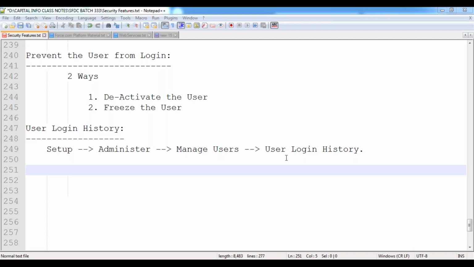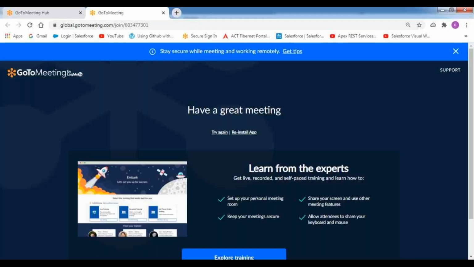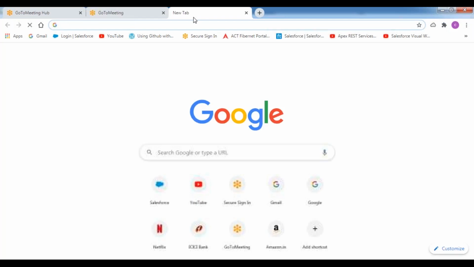Now, in this case, I would like to track this user's login history. Now let's see how we can verify this one. Let me log into my Salesforce account.